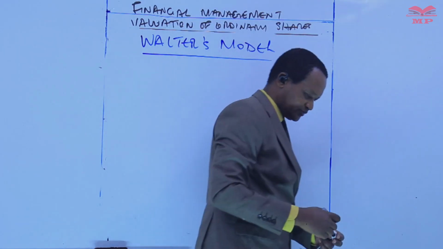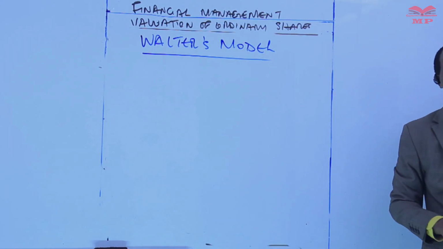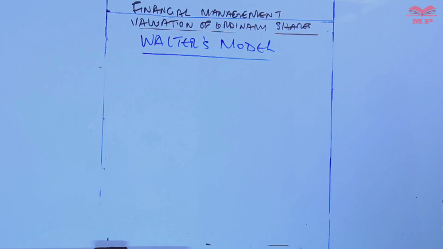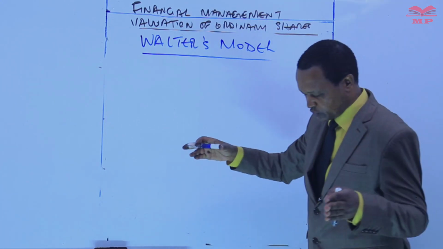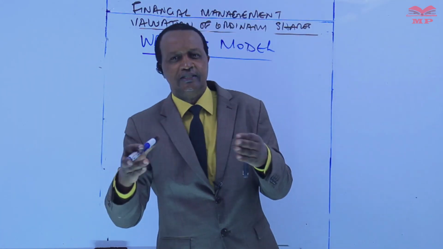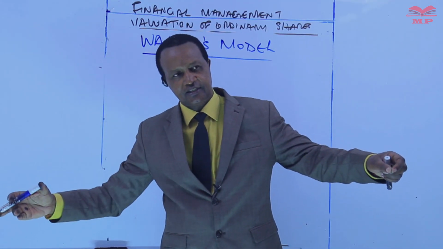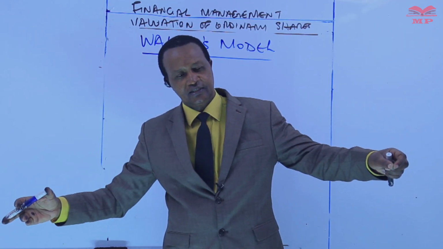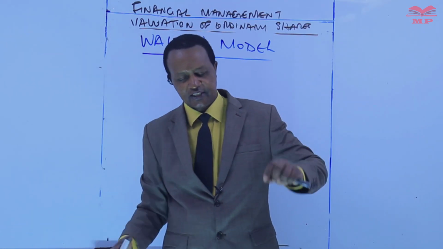Walter's model is yet another model, which is a dividend policy valuation model that focuses on the relationship between the company's dividend payout ratio and its share price. The Walters model assumes that investors prefer dividends